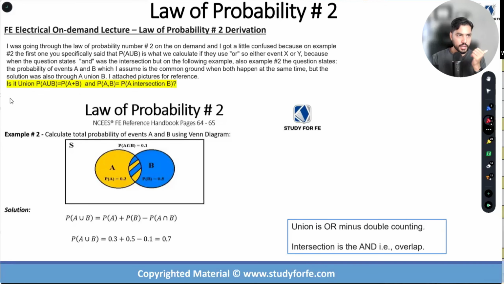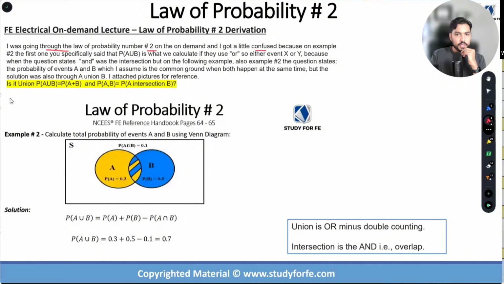Reason being, A, terminology. It introduces some new concepts. And even the interpretation of the formulas as they're provided in the reference handbook can at times be problematic for students. So when we look at this particular question that the student is asking, I'm going to quickly go through this question. So the student is saying that I was going through the law of probability number 2 on the